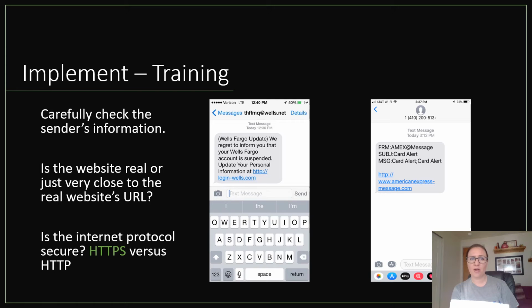Another thing I would point out is that real company websites are secured, so the HTTP would be an HTTPS, and both of these have an HTTP, which is a non-secure internet protocol. The third thing I would point out that they look at is the website itself. Does the URL actually make sense, and is it a real URL? I think most people are comfortable with the internet enough that they can tell the difference between a true company website and a fraudulent website.